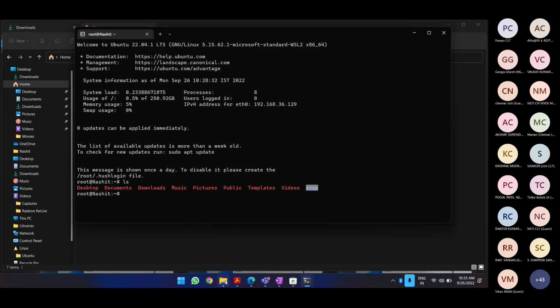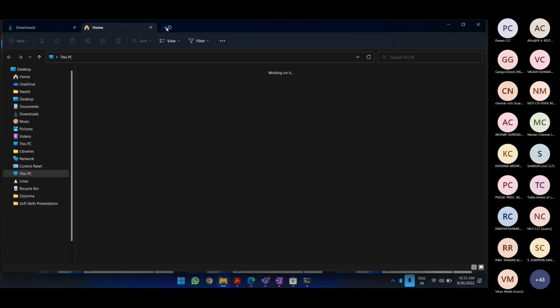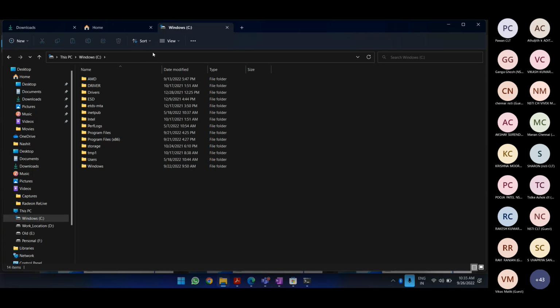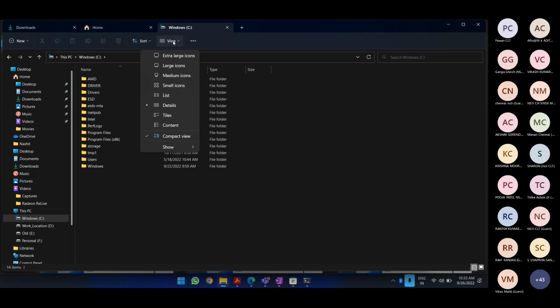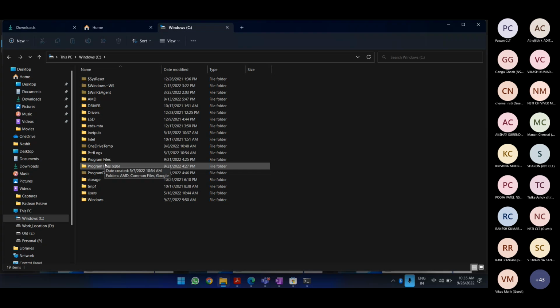Many of you must be knowing that even computers create hidden files. Now suppose we go to my C drive. Yes, this PC. In case I go for view, show hidden items, you can see many new files and folders coming in.